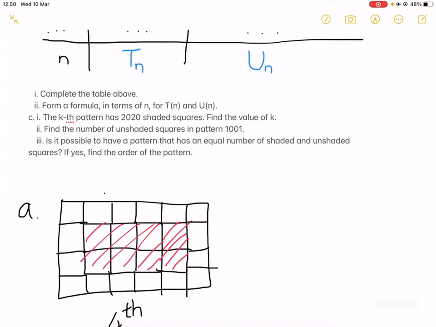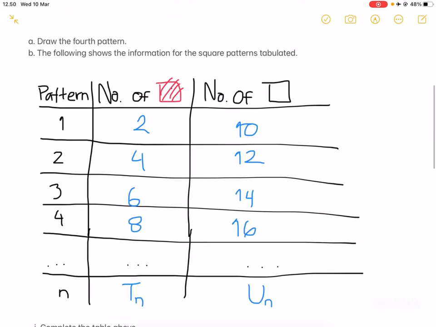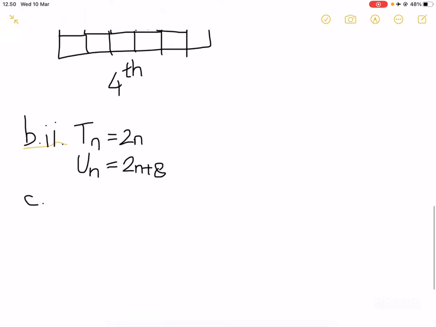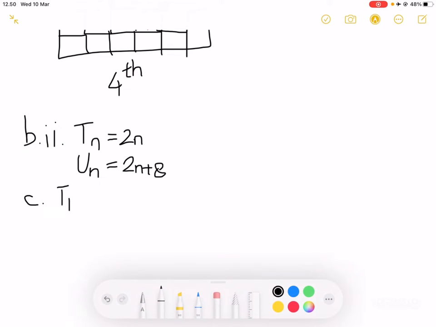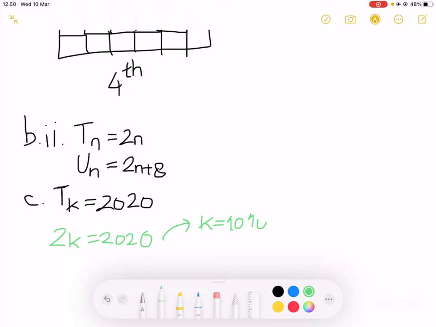The k-th pattern has 2020 shaded squares, and what that means is we can just form an equation that T of k, the number of shaded squares in pattern k, is equal to 2020. Using this formula right here, you get 2k equals 2020, which means k is 1010. This is the first part. The second part,